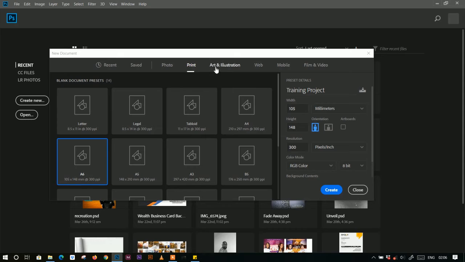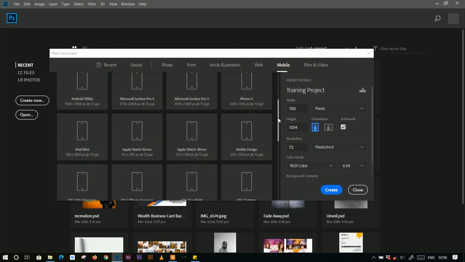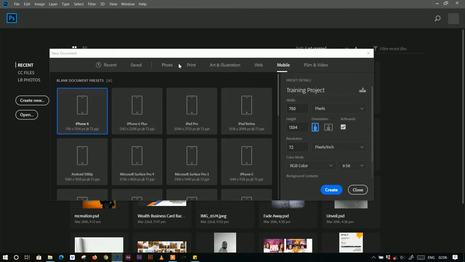So they have different formats, or different sizes here for different formats already. If you want to create for mobile, it has sizes for the iPhone and for the Android, so it all depends on what you want to do. It already has some of these sizes here for you. So you just click on whatever it is you want, and you start designing on it. But for the sake of this tutorial, we're just going to stick to 1080